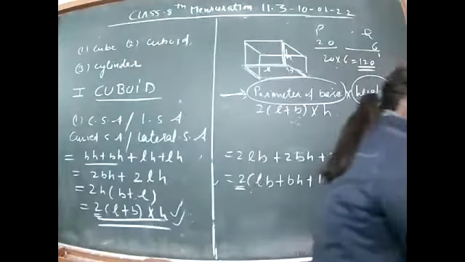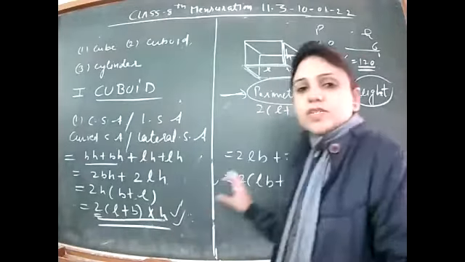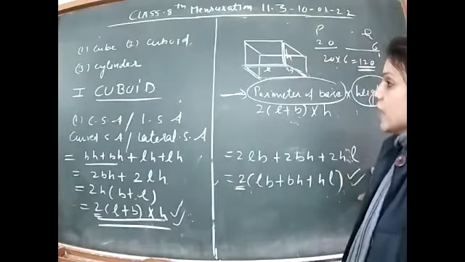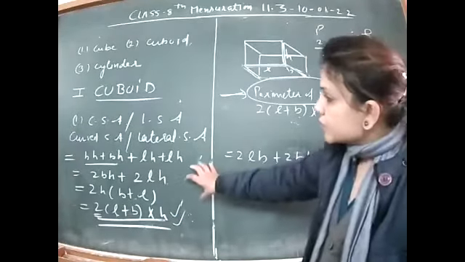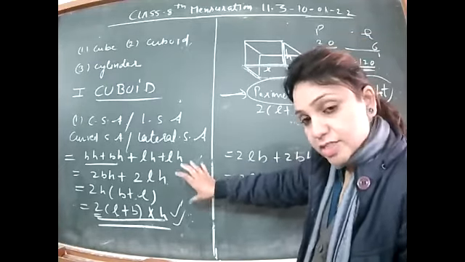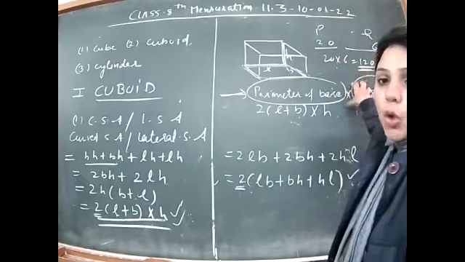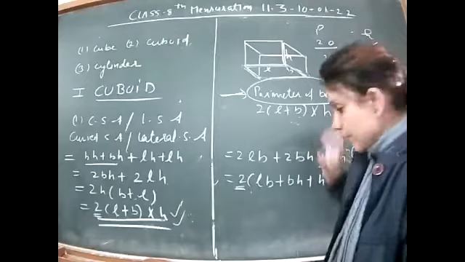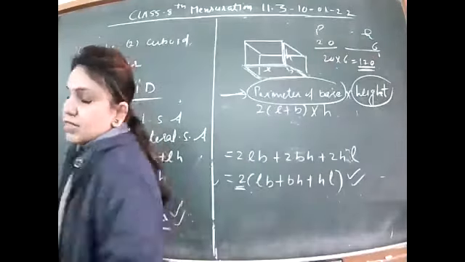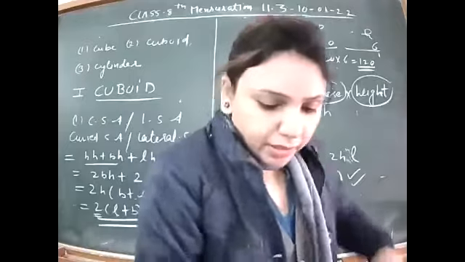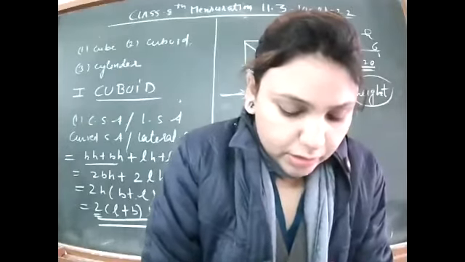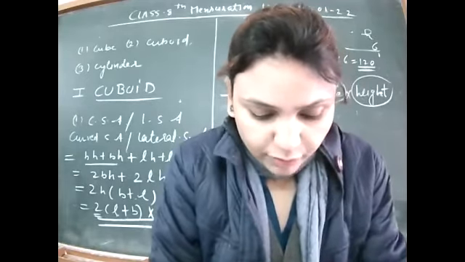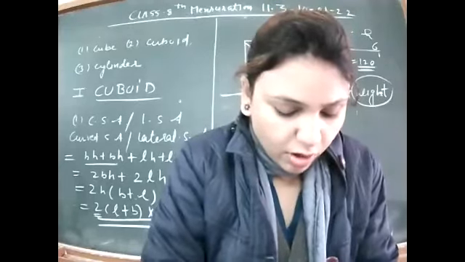So these are the two formulas. The first figure we are discussing is the cuboid, and for it we discussed lateral surface area or curved surface area, and the other is the total surface area. Two formulas we have discussed. Behind curved surface area, the concept that is working is perimeter of the base into height, that is 2 into (L plus B), perimeter of the base multiplied by height. Right? Now the third thing, actually the next exercise is about volume, but I am not considering the formula separately. Along with these formulas, we will also discuss the volume formula, that is, what is the volume of a cuboid.